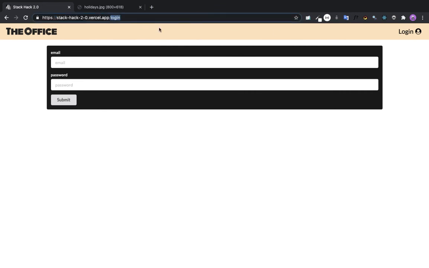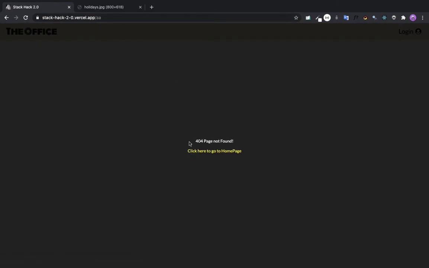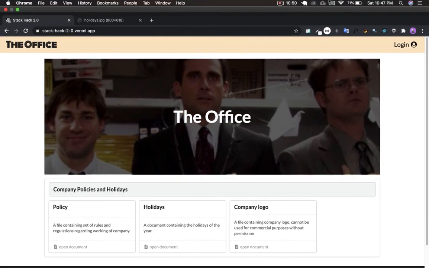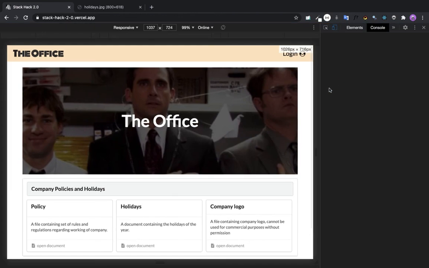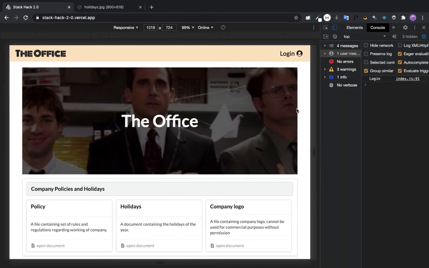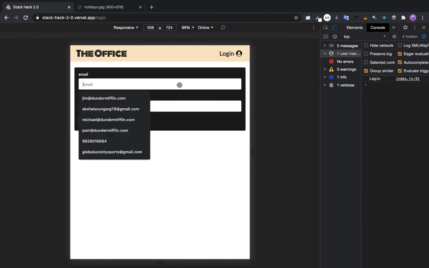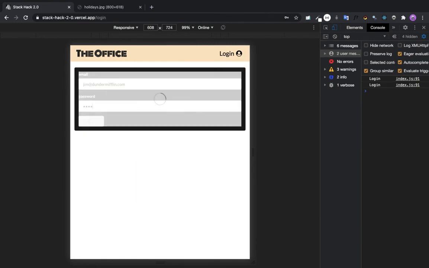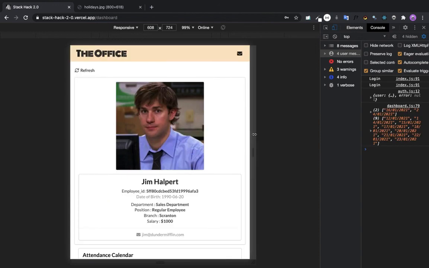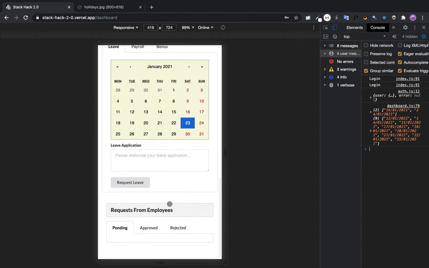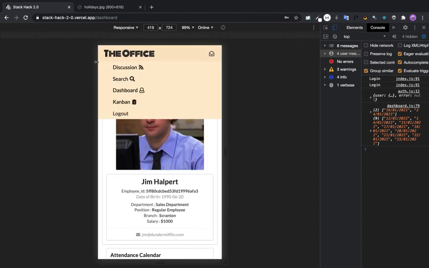If you write anything wrong here which does not exist, it will show you a 404 error page from where you can go back to the home page. So that is it for the application. The last thing here is that the whole application is screen responsive, so you can use it on any device. All the components of pages are responsive to size, so no component goes out of the screen, as you can see.